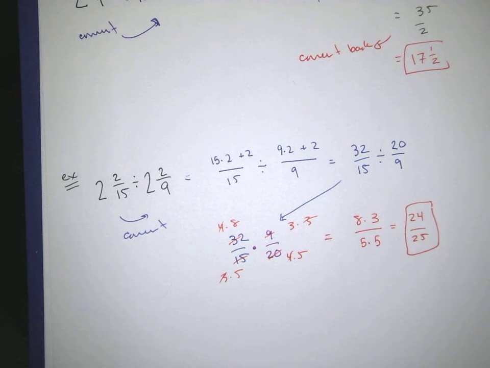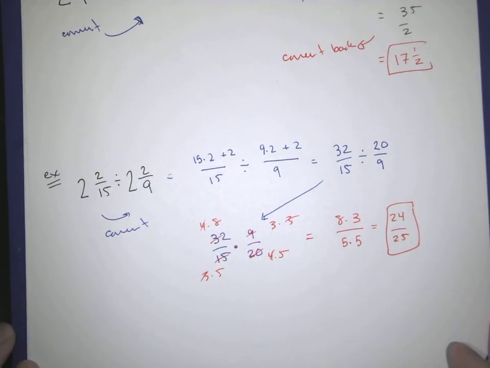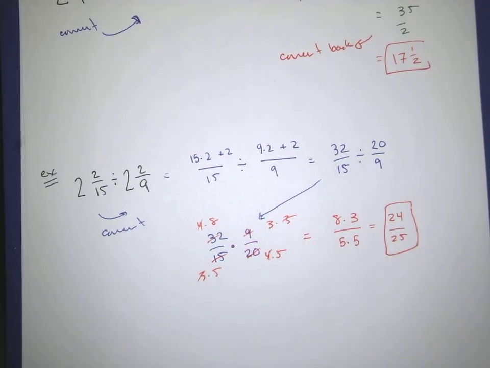That answer seems pretty reasonable. This is 2 and change divided by 2 and change. In theory, 2 over 2 would be 1. These guys are obviously a little bit out of sync with each other. If we look at the fractions, they're slightly different. So it would make sense for us to end up with something that's close to 1, but not quite there. 24 over 25 definitely fits that description. 25 over 25 would be 1 whole. 24 over 25,